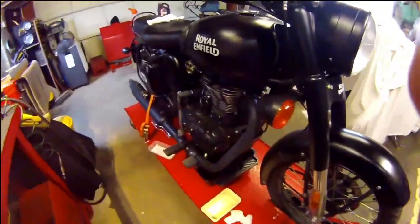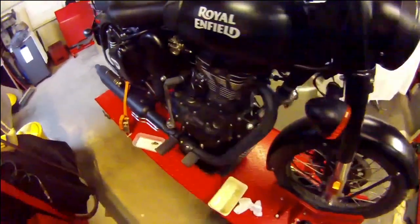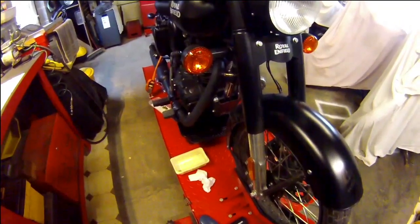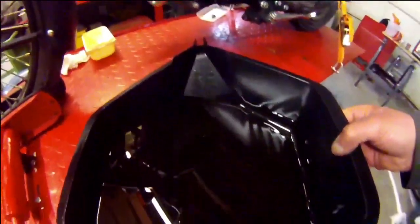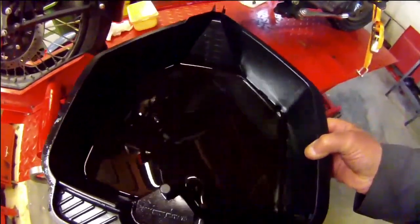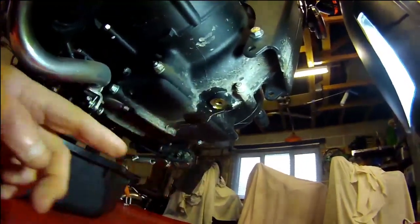I've already taken out the main drain plug and the smaller front drain plug and drained the oil whilst the engine was still touch warm. The oil that's drained out is quite dark. I shall look carefully in that to see if there's any unwanted debris. So looking under the bike, this is the front drain plug